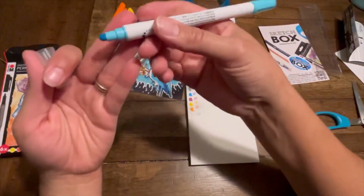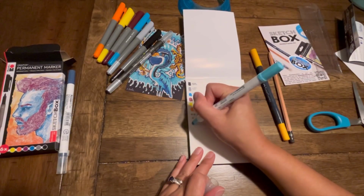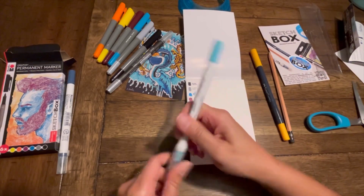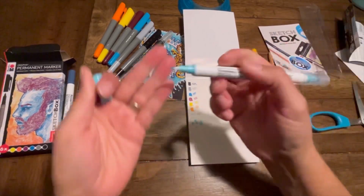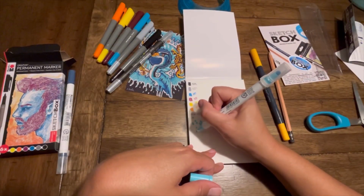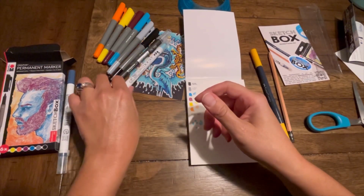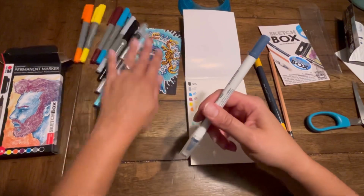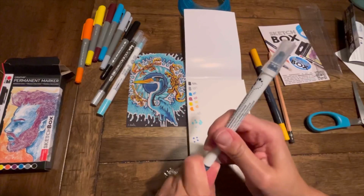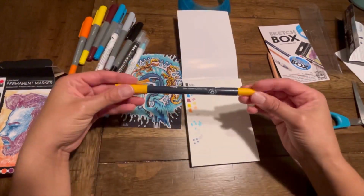Now the metallic one that I was just showing you has a felt tip nib on it, and the regular water-based ones have a plastic tip nib, and that makes a difference as far as control of the line. But besides that, it's pretty much the same. So I'm just going to swatch these out really quick, show you how they look, and move on